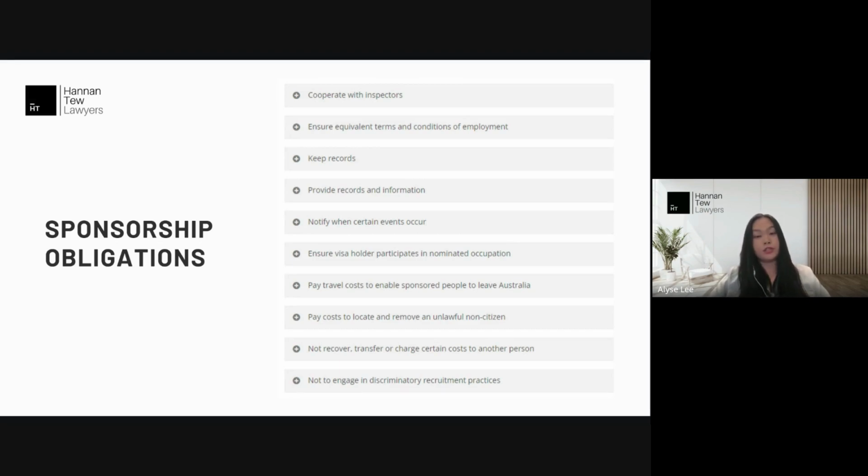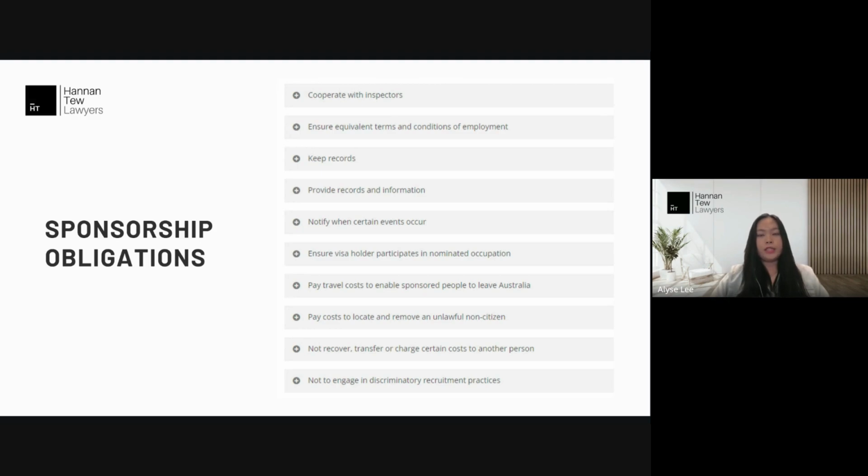So this could occur where their hours have reduced, but the salary has stayed the same. But if you calculate it, then the salary technically has reduced. They must also continue to have access to annual leave, sick, personal, or parental leave as well. The sponsor would also need to keep records to show that they remain compliant with their sponsorship obligations.